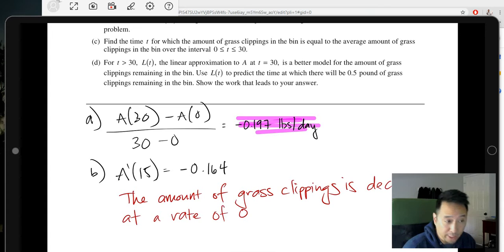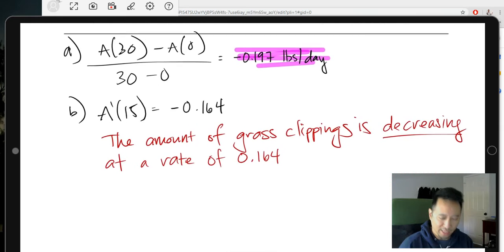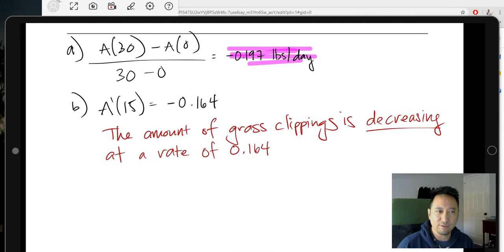In this case, I'm going to put a positive 0.164 because I already used the word decreasing. You don't want to put decreasing at a negative rate. That's like a double negative. So we're going to put decreasing at this positive rate, and of course our units, pounds per day,